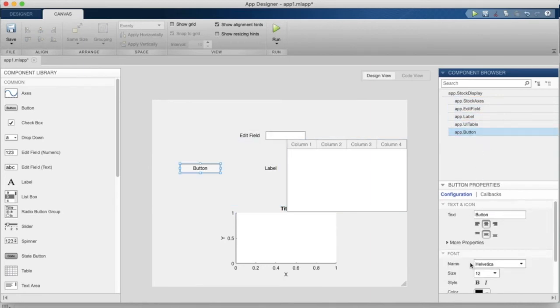Okay, so within configuration, we mainly have the properties that help us change the appearance of the components. So that was all about the design view that we were in. Now, design view actually helps us make the front end of the application. Now we can move on to the code view to see how we can actually write the back end of